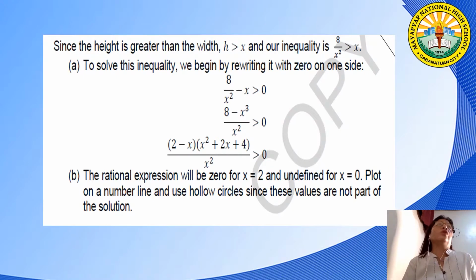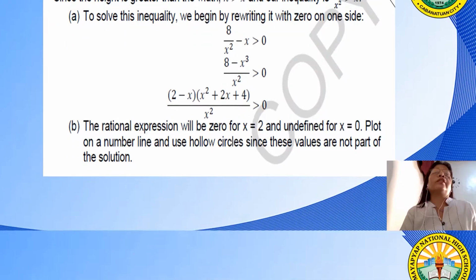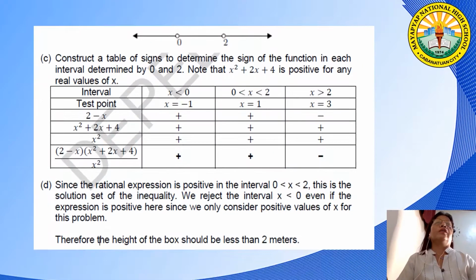So you recall your lesson in solving rational inequality, which we tackled already in your previous lesson. Okay, look at the given number line. You locate 0 and 2 and indicate them by hollow circles since 0 and 2 are not included